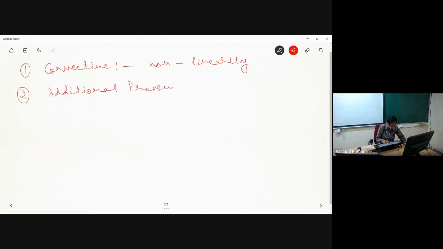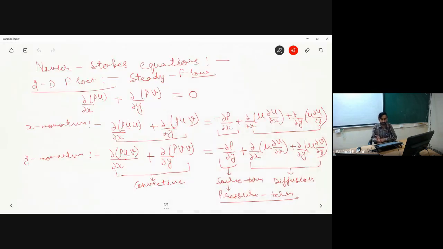Okay, so we are having an additional pressure term. If this gradient of pressure is, once again, known a priori, then our solution will become very, very easy, because how to handle non-linearity I have told you earlier also. So we have some ways of dealing with non-linearity, but we do not know the way of finding out